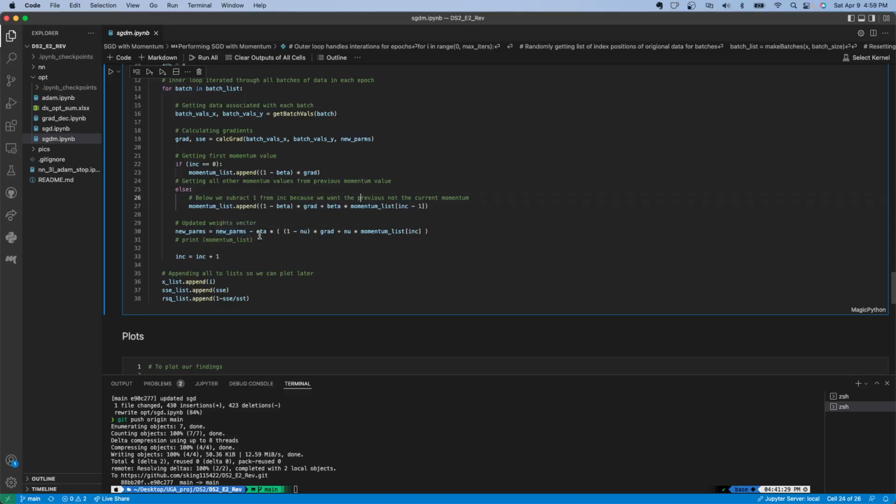Similarly to the past, the only difference is we're adding some more complexity here with the new term. It's still the weights minus the learning rate, and then this update term. Now the update term has been complicated to include a 1 minus new term by the gradient, plus the new by the momentum, or our current momentum. Because remember, we wanted to update with the past one, but we want to use the current momentum to update our